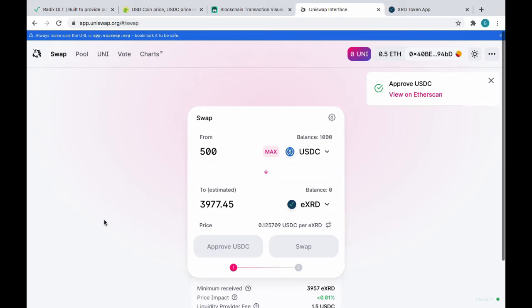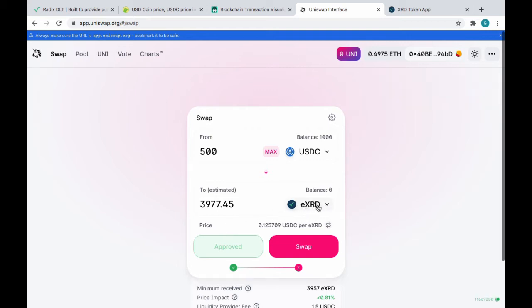So anyway, it's approved now. And of course, when the mainnet launches, you'll be able to cash in eXRD tokens 1-for-1 for XRD tokens, and end up with XRD tokens, which won't be ERC20 tokens. They're not tradable on Ethereum, but they'll exist on the Radix mainnet when the mainnet launches sometime in the spring, and then you'll be able to do all the things inside of Radix. Again, I'm not going to go on and on about the whole Radix situation, but anyway, so 500 USDC for this much Radix, ERC20 Radix tokens. So I go confirm,